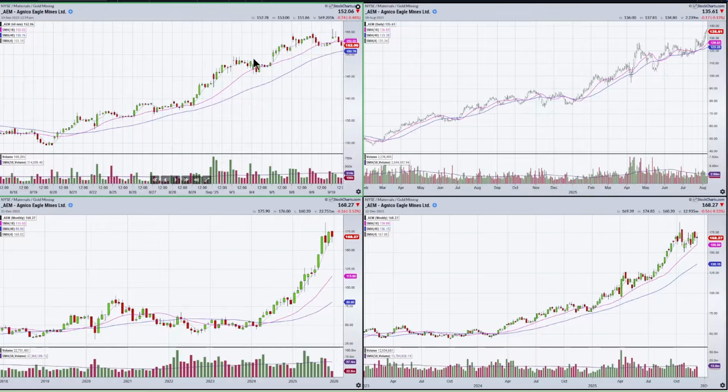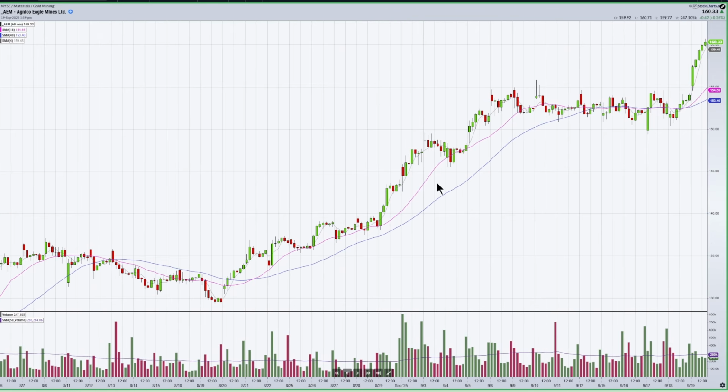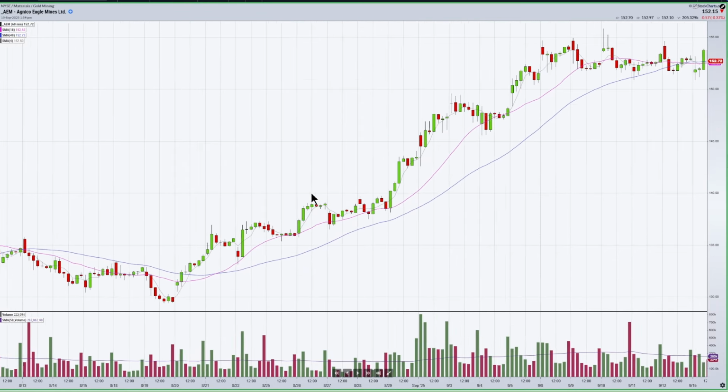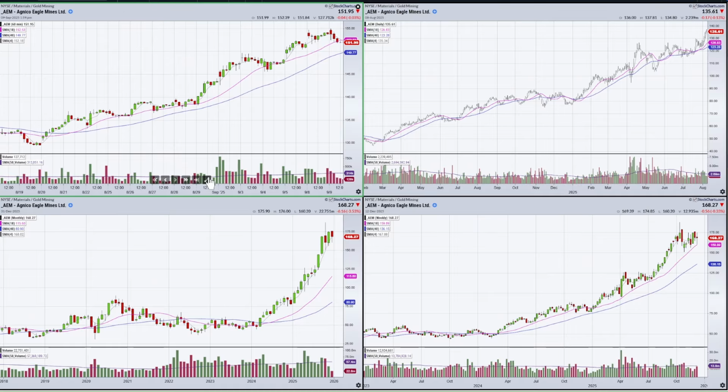Now this was a pretty significant time frame on the hourly where the 18 was above the 40 and both lines are rising. This separated a little bit here, but that's a pretty long period where you could go down to the 10-minute and be looking for buy signals. All right. Now the crazy thing is that I actually do this on a